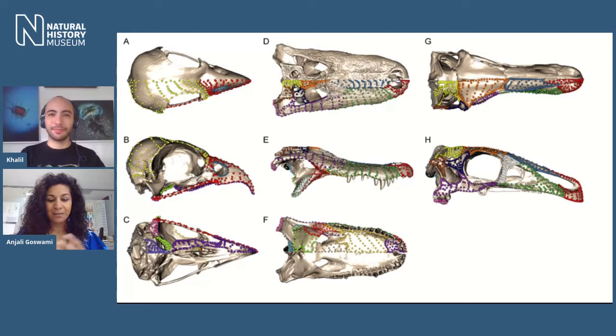Because you could just look at these scans of different skulls and kind of eyeball it and look for differences, but you take a more quantitative, a more numbers-driven approach, don't you? That's completely true. For centuries, people have been looking at skulls in a descriptive or qualitative way and picking out some of the big differences. But when you do that, you're kind of biasing your results by what you already think. But what we do is use an approach that is called morphometrics, where we're basically measuring the